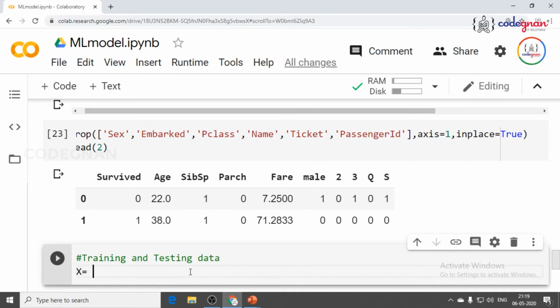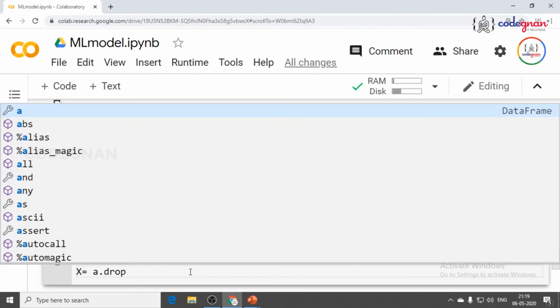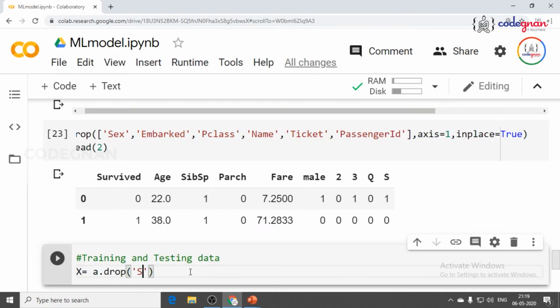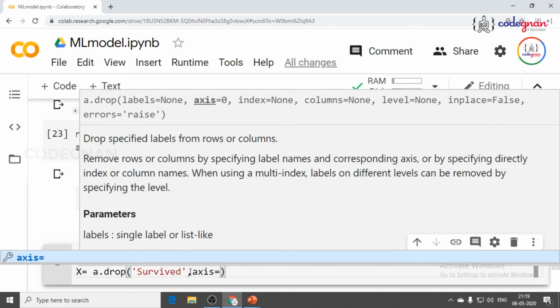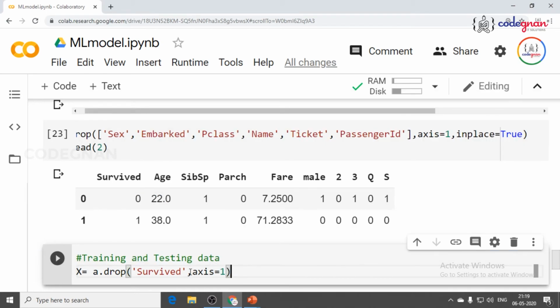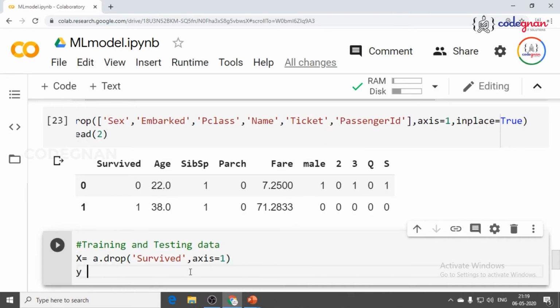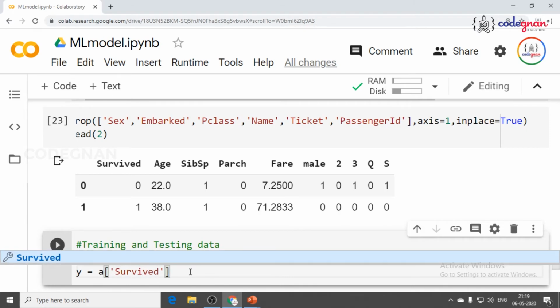So I give x is equal to a dot drop of survived, comma, axis is equal to 1. This is how you take your x input, and y is equal to a of survived.